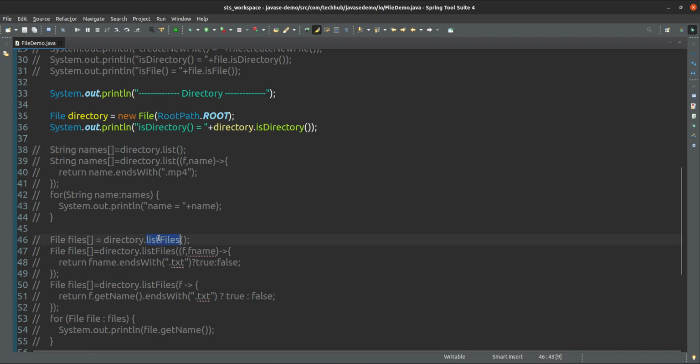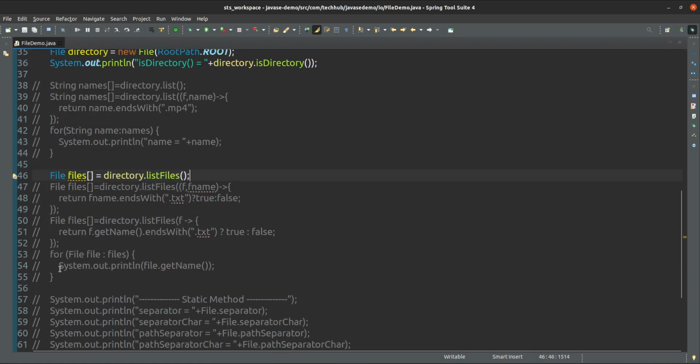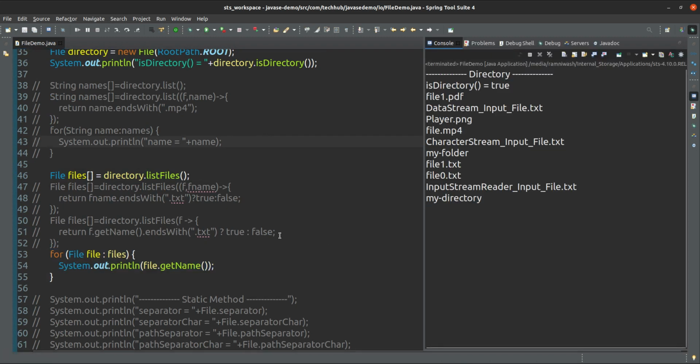Here listFiles is also there, which returns File objects, while here it returns a string array. Here it returns a File array. So you can list using File also, no issue. It is up to your choice. From the file we are printing the names, yes, it is coming.